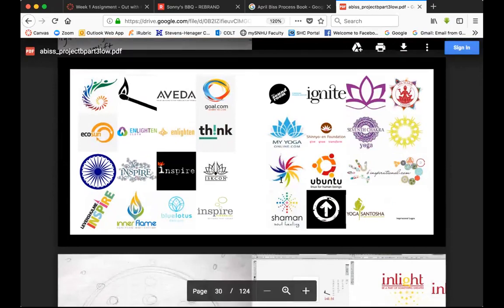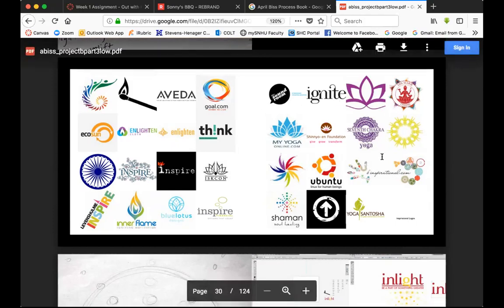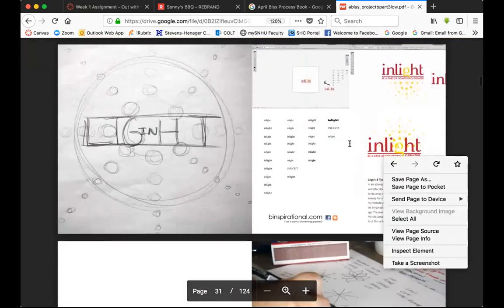I'm looking up. This is what you guys should be doing, looking up logos that you are inspired by, that you think you might be inspired by, maybe a typeface that you like, that you want to use for your particular rebrand. It has to be relative and appropriate to that brand, but you can be inspired by the colors, the typeface, the shapes, the look of it. And that's what I was inspired by here.